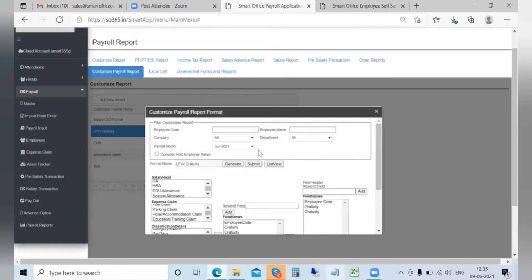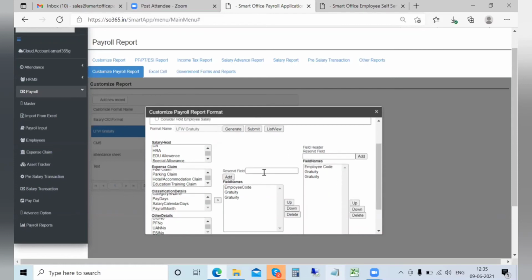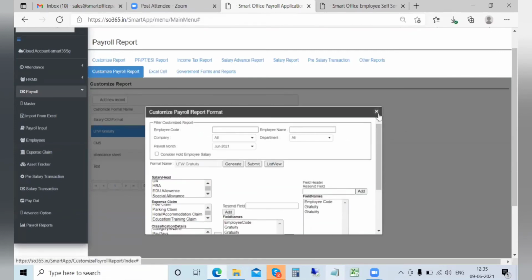So this basically is a very good window wherein you can create your own format, and once you have created one format, you can use the same format regularly for your various months. You can also add any out of system field. The system would not generate any numbers, but it can be included as a column, so that if you want to put any numbers from out of the system, then that option will be available for adding in the report. So you can add your own reserved heads, and that can also be included in your customized payroll reports.